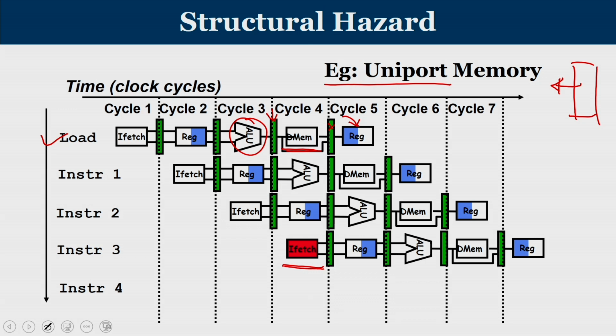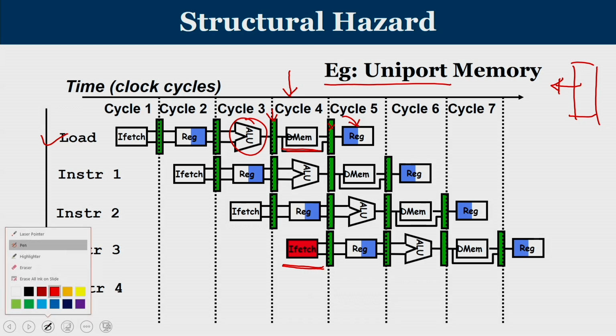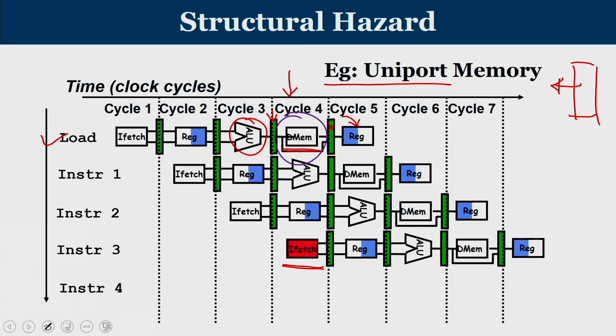You give an address from the program counter and based upon that, we have to fetch an instruction word from memory. If you look at cycle number 4, the first load instruction is trying to access the memory, and the instruction I3, which is fourth in the sequence, is also trying to perform a read operation from memory. So you have a load operation from memory and an instruction read from memory, both happening exactly at cycle number 4. Now, what is the hazard here?